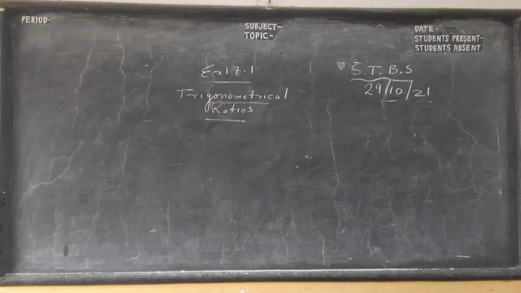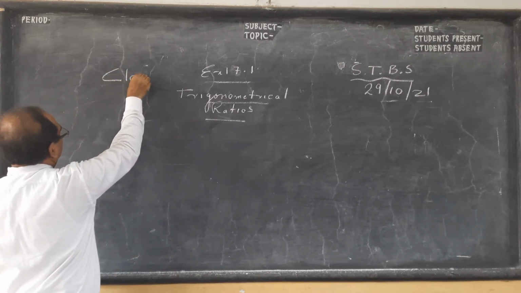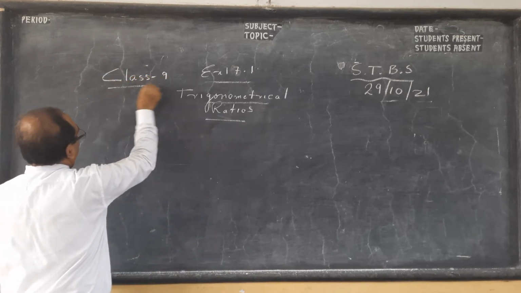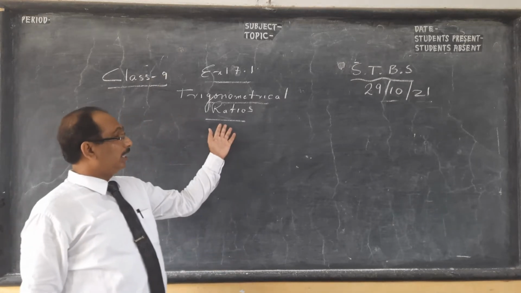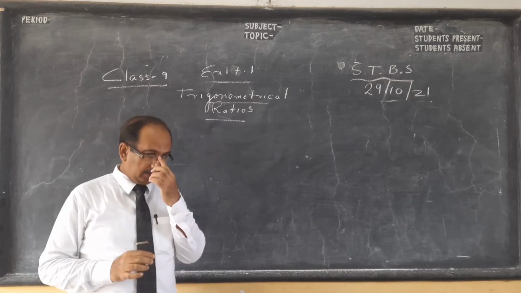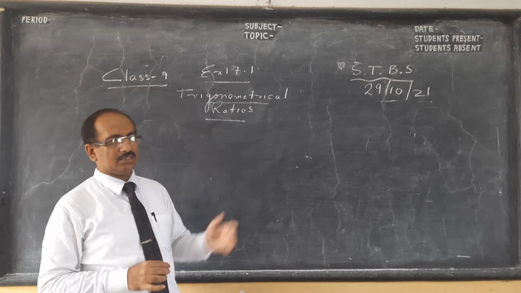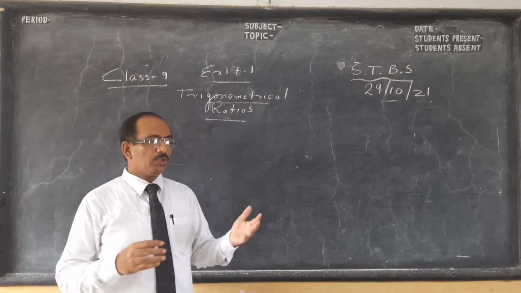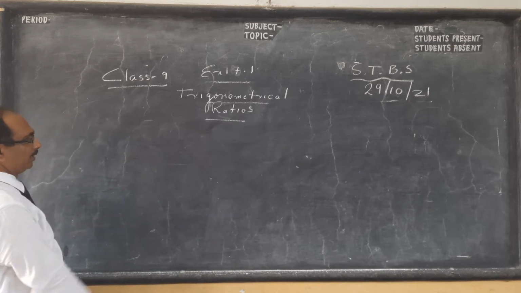Hello students. So today we are going to a new topic called trigonometric ratios. Ratio, as you know, is a comparison of two similar things. I've got a few videos on that for Class 10, and Class 6 and 7 also. So ratio is a comparison of two similar things. Just to take you one simple example.